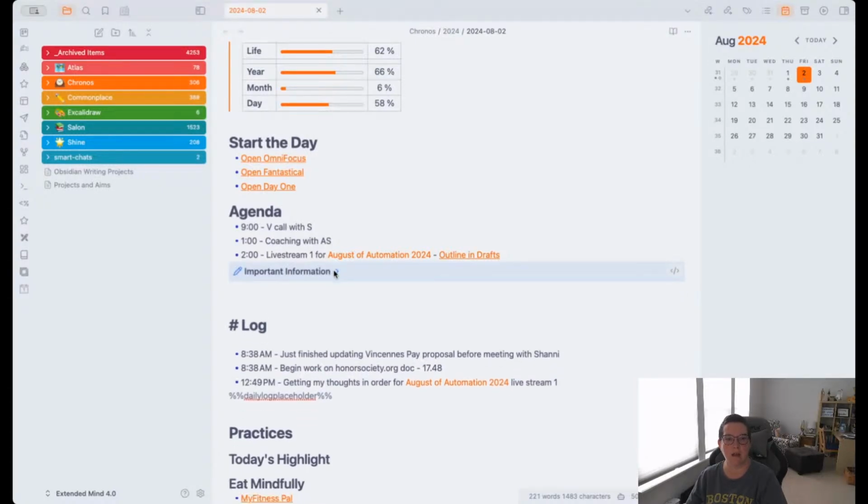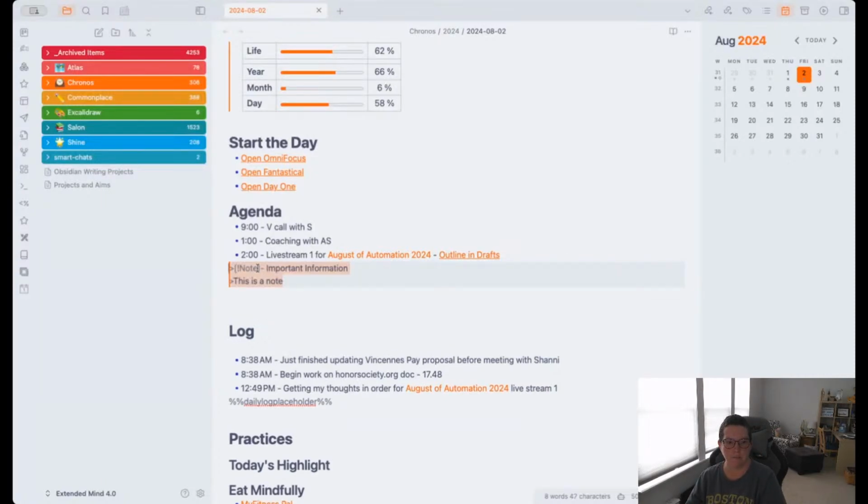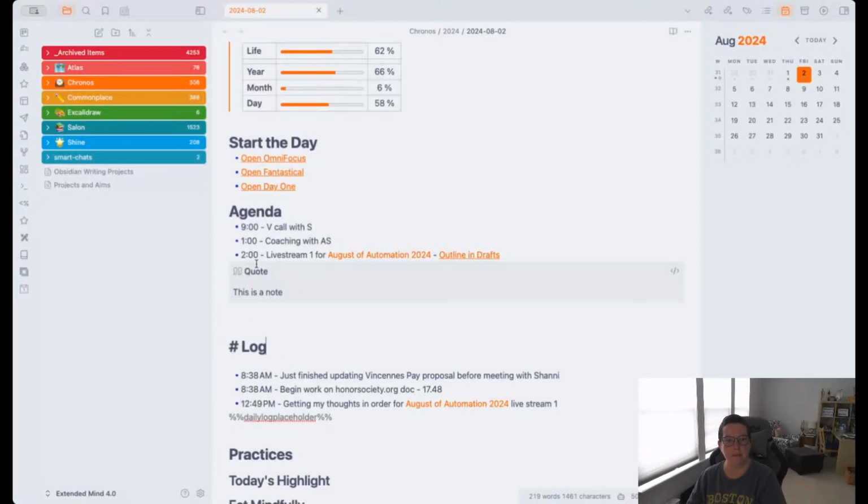So it gives you a lot of customization that you can do within your Obsidian notes in order to work with them. So I really like this option. But let's look at what happens when you change just this word in here. So we're just going to change it to quote. And we're going to remove this title, and I'm going to let it be open all the way. Notice now it's a slightly different color. It has a little icon here.